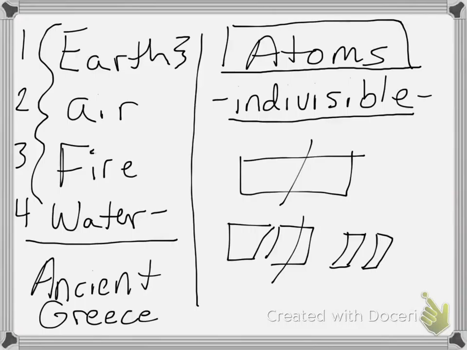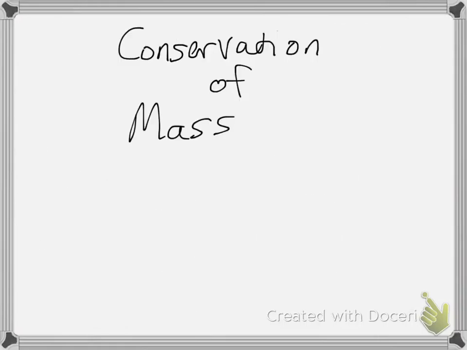And sooner or later, I'll have to reach a point at which there is no more single piece of wood, just the things that wood is made out of. And this is the idea behind the atom. So he reasoned that there had to be some fundamental, smallest thing that was called wood. And then if I broke that down any further, it must be made up of even smaller things and smaller things and smaller things until you reach the point at which you can't split something any further. And that was the idea behind the atom. What's the smallest thing that matter can be before it is indivisible, before I can't separate it anymore. And so that was where the term atom came from.